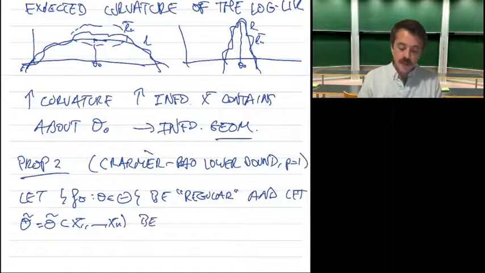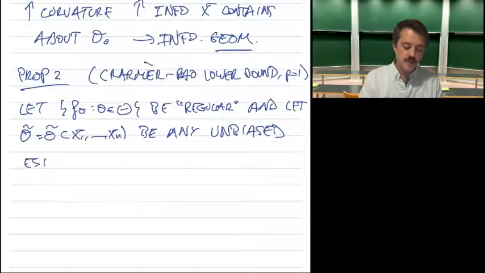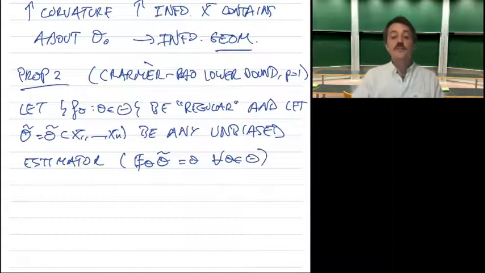So this is going to be any unbiased estimator. So I remind you that unbiased in this case means that if the true parameter is theta, then the expectation of this theta tilde will be theta. And this has to happen for all theta in the parameter space. Yeah. Okay, so if we have this,